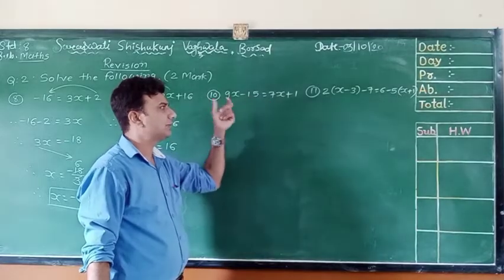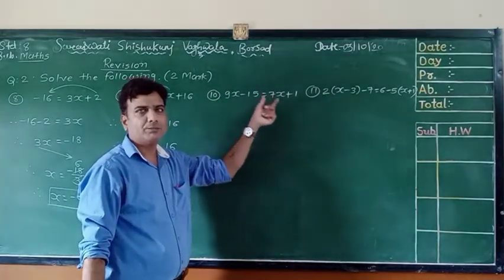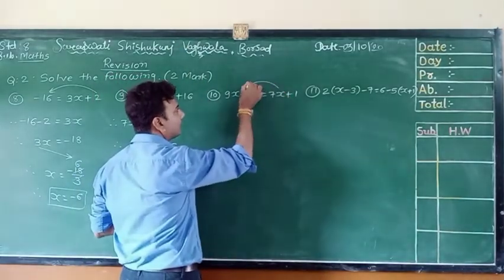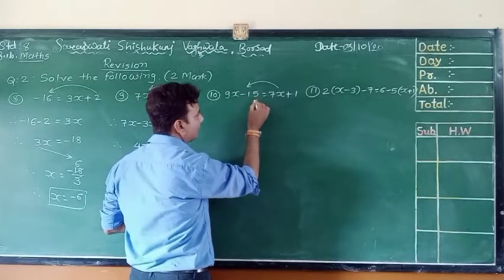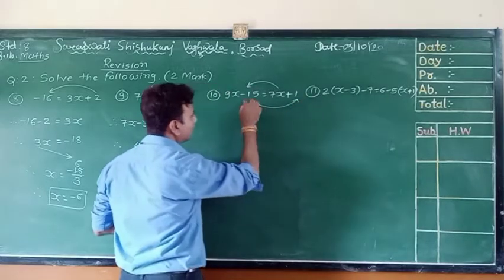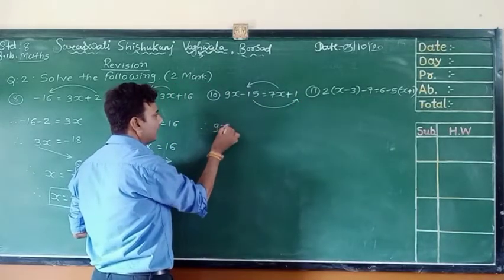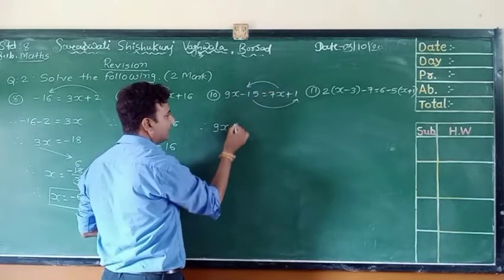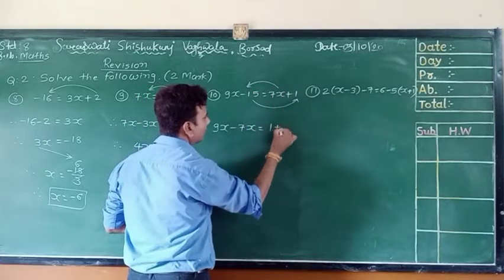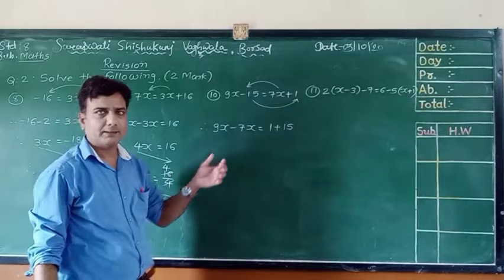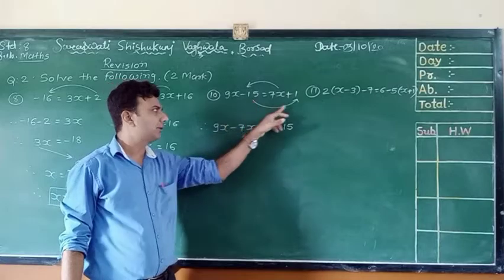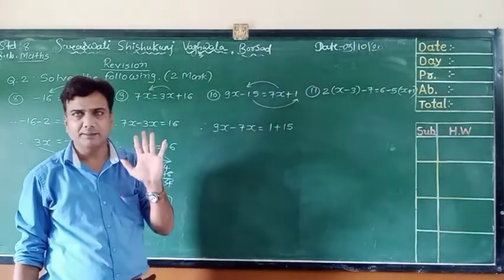Simple. First, which is greater, 9 or 7? That means we have to transfer the small digit to the big digit side. So first we will transfer the 7x to this side. So it will become minus 7x, and minus 15, and these both are digits. So minus 15 is going this side. So it will become minus and plus. You see, first we will write 9x, plus 7x this side becomes minus 7x, and this minus 15 this side becomes plus 15. Very good. Once again, 9x, 7x this side minus 7x, minus 15 this side plus 15. Very good. Is it clear, beta?